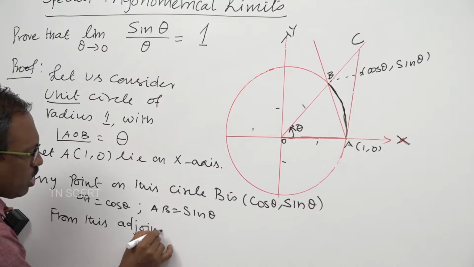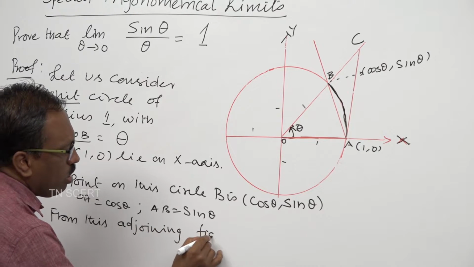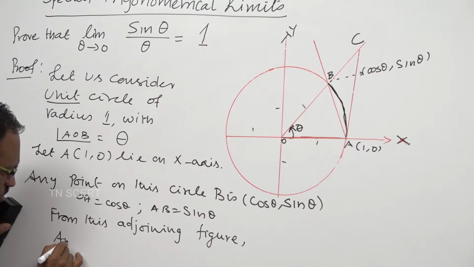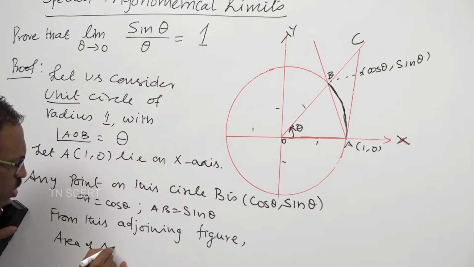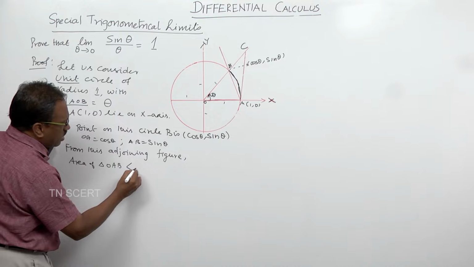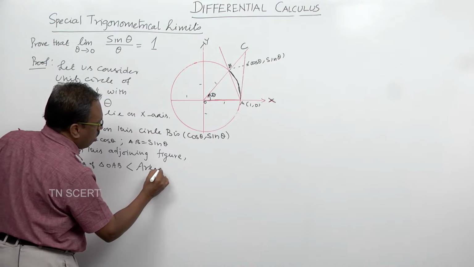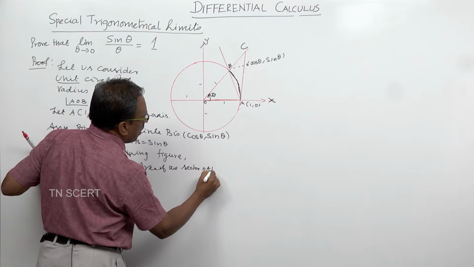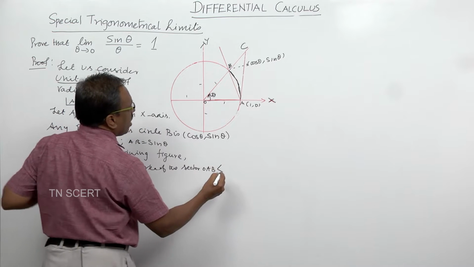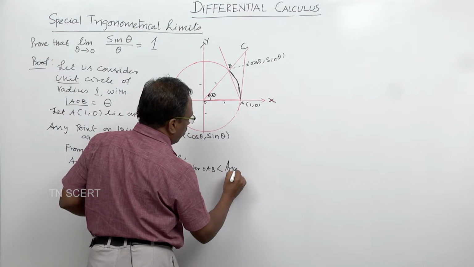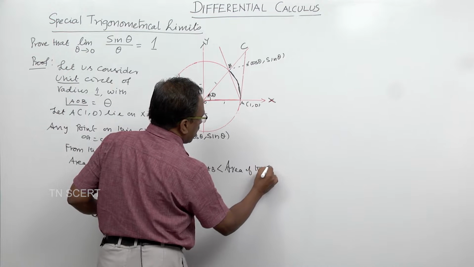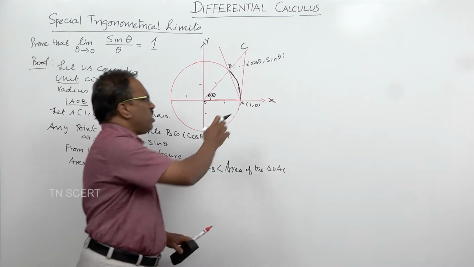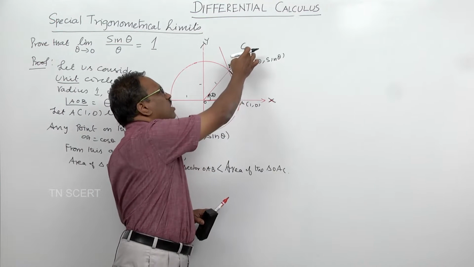from this adjoining figure, what do you understand? Area of the triangle OAB is less than area of the sector OAB, which is less than area of the triangle OAC. See, I have not mentioned one more thing: if I join A and C here,